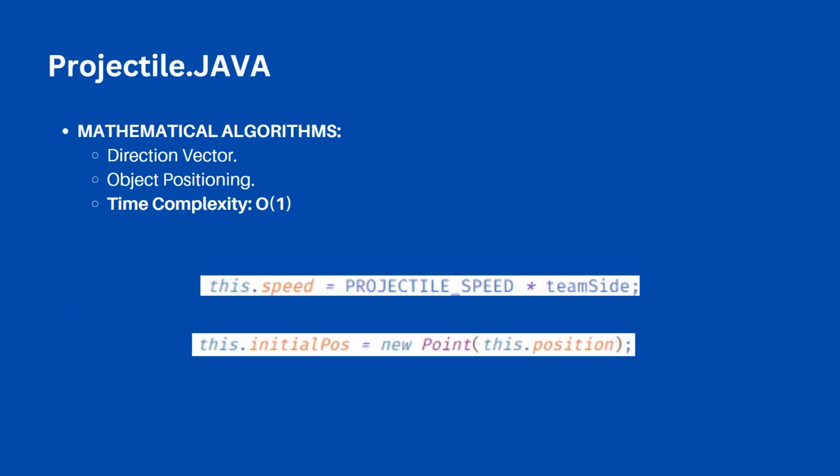Next, the mathematical algorithm with time complexity O(1) to calculate direction and create a new Boy object, not a reference. Next,